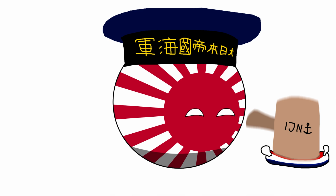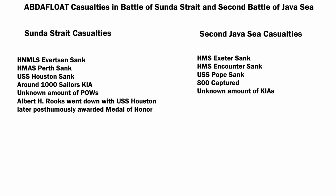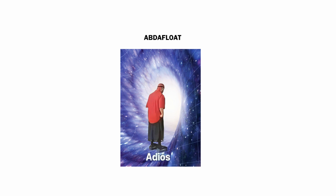Other smaller naval engagements occurred days after the Battle of the Java Sea, one of which is the Battle of the Sunda Strait, which occurred in the Sunda Strait, and following that the Second Battle of the Java Sea occurred, all of which were a loss for the ABDA Navy. After the Second Battle of the Java Sea, there would be almost no naval operations in the area for a